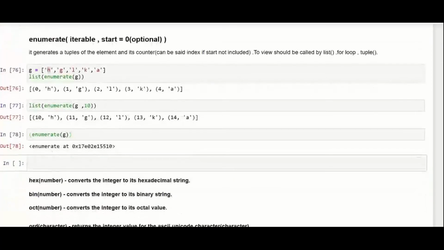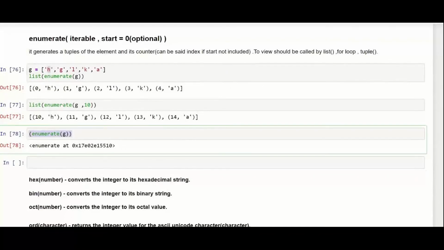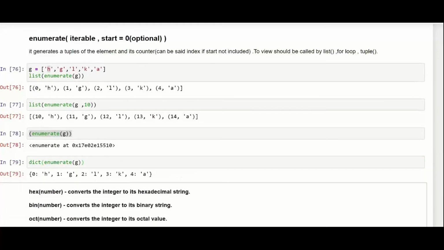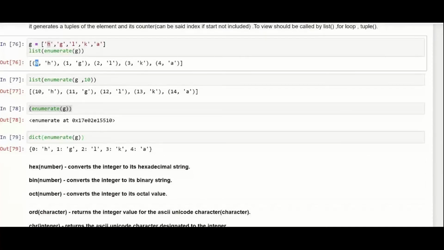So here I need to convert this into a data structure. If I write dict for dictionary, this is the output which I got. See, this is the difference.